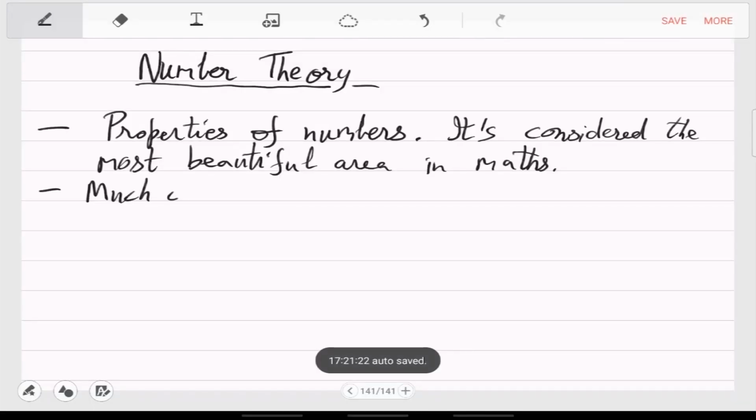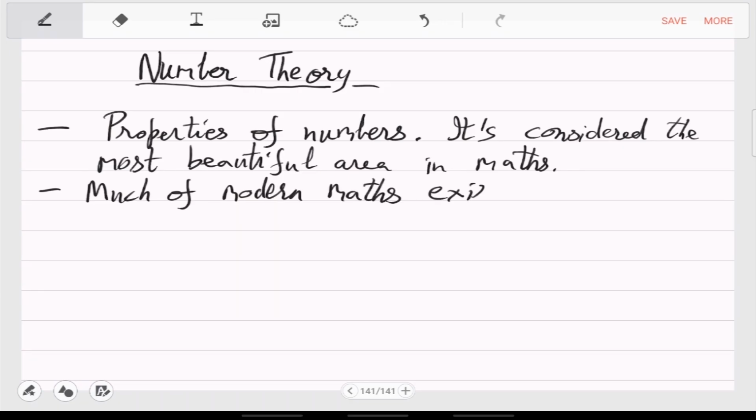So almost everything is actually there because of questions or conjectures in number theory, to answer number theory questions,